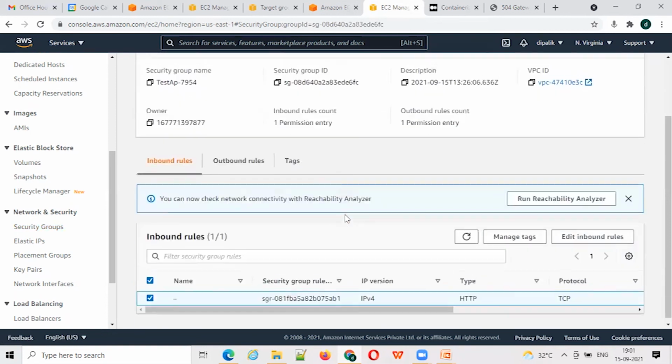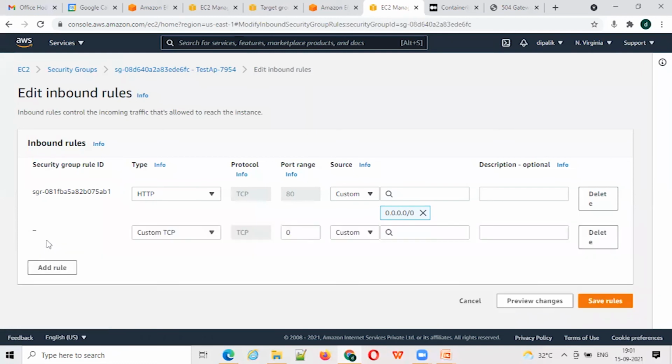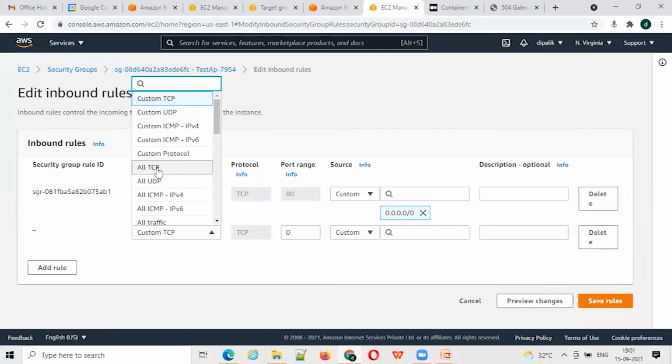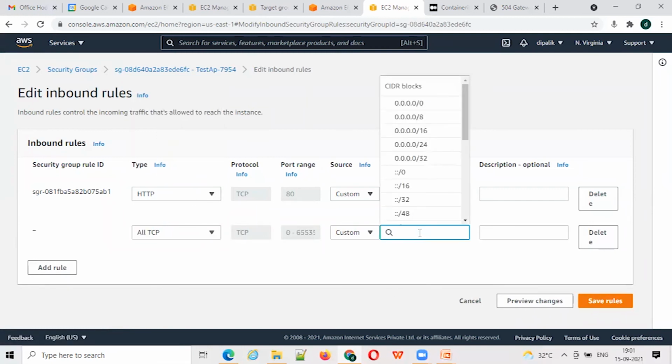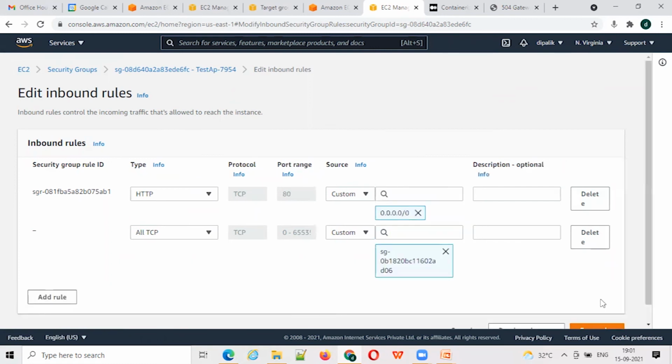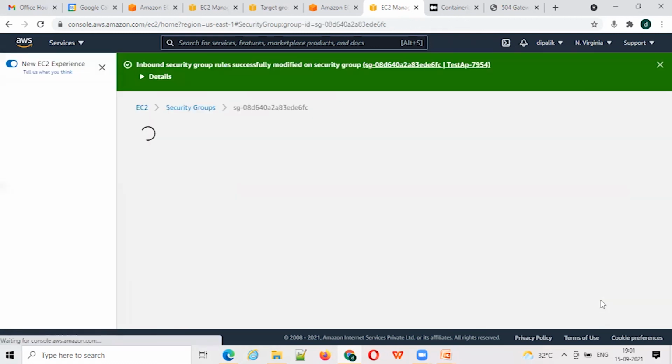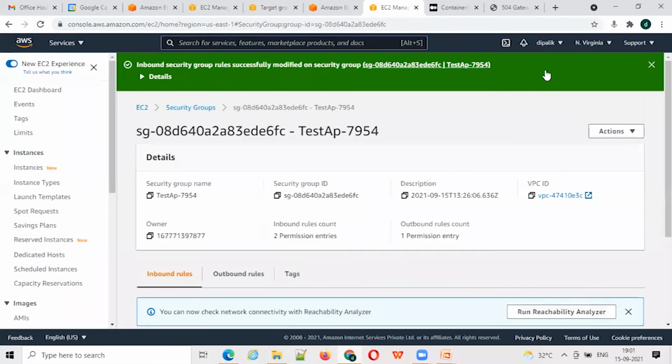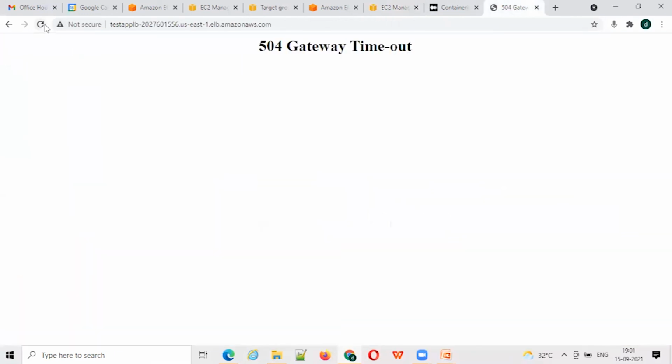Let's edit the inbound rules here, and add a rule to allow all the traffic coming from my load balancer's security group. Here I have pasted its ID. So I'm allowing all the traffic coming from this particular security group, which belongs to my load balancer. Let's save these configurations and try to access again.